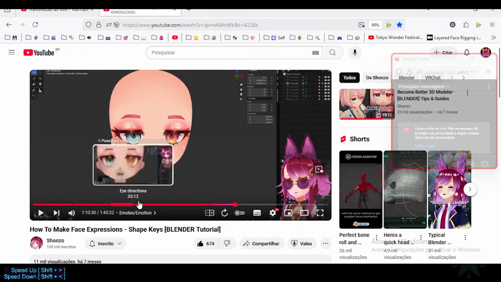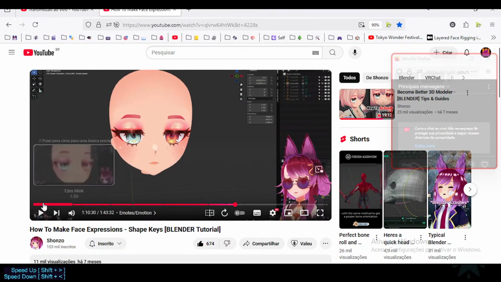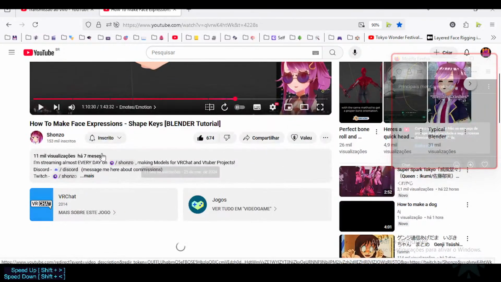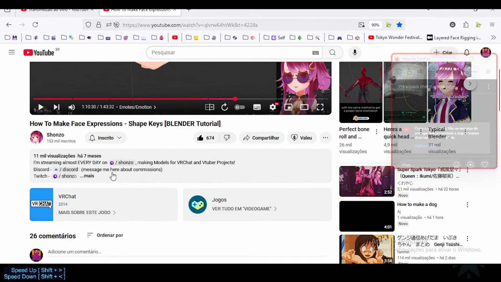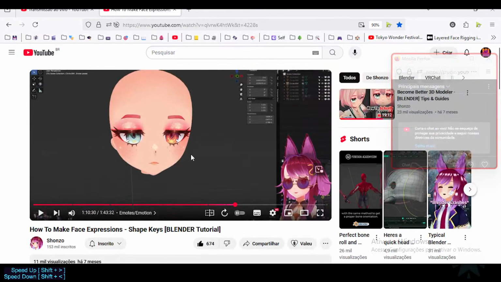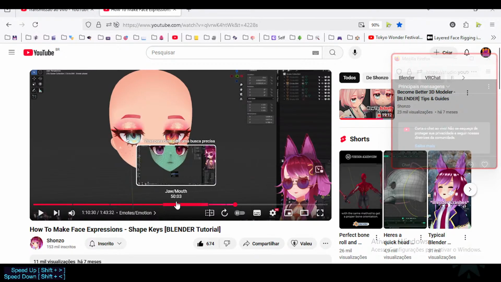It's about an entire 1 hour and 40 minutes of shape keys, and this person doesn't have a lot of tutorials actually, so probably is more a streamer, and occasionally has made this highlight here as a long video, which serves as, so this is very good content, because this is a working process of making the shape keys